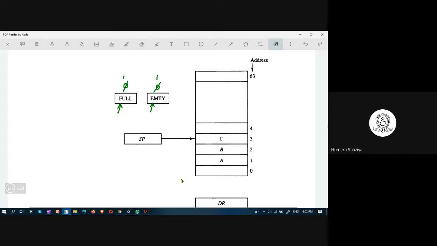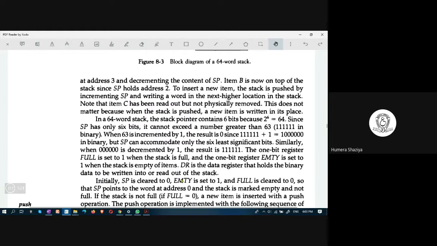When do you check empty? For every pop. Yes, pop. When you are doing a pop operation, if you try to pop an element from an empty stack, there is nothing to be given to the user or to be retrieved by the user. Therefore, a message has to be printed stating that the stack is empty. Okay, that is absolutely right.